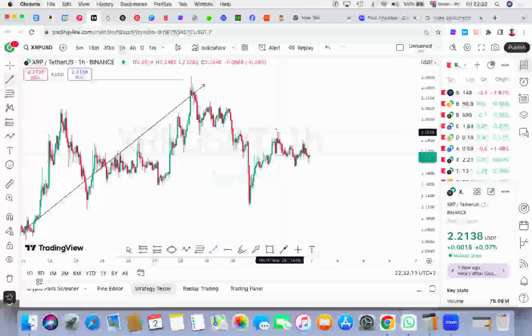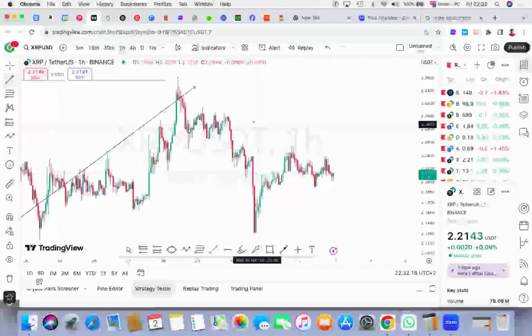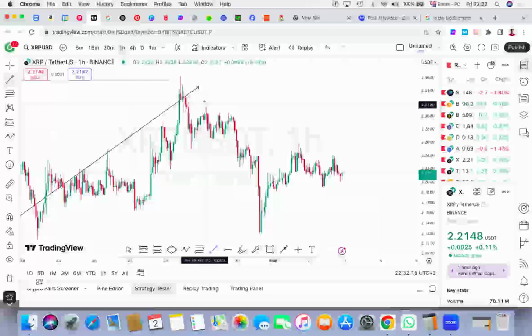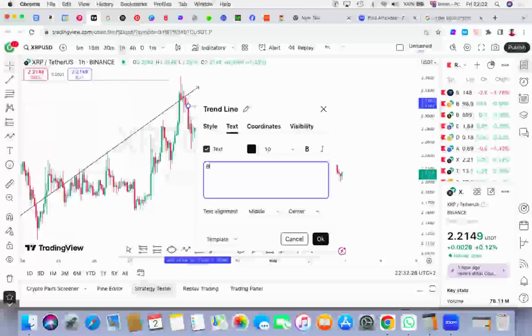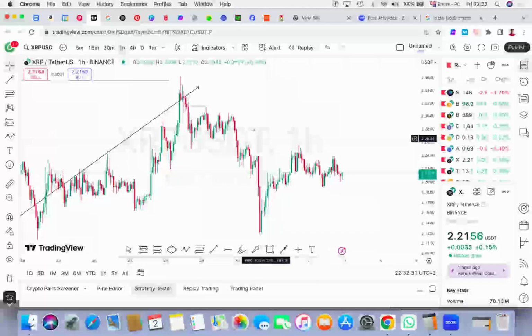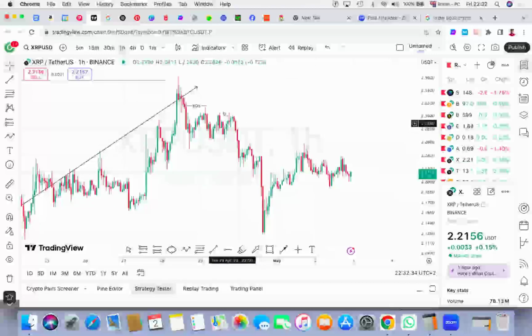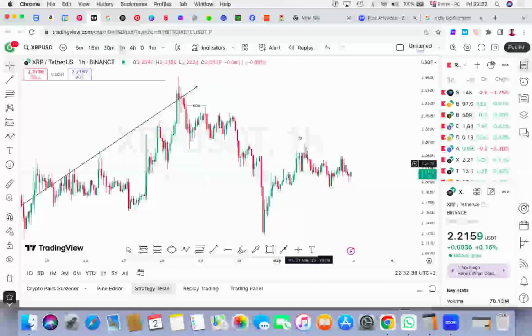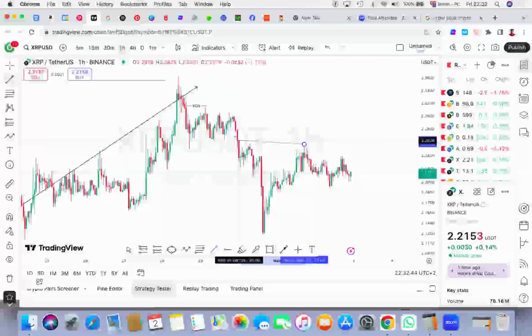So it's just for you to draw the recent, you draw, okay, from here, we can see that there's a structure that was broken here, right? So if I say BOS, break of structure, BOS, and then we also have another structure broken around here, but I will not mark all of them. I'll just mark the main one. And you can also see market breaking structure to this downside.